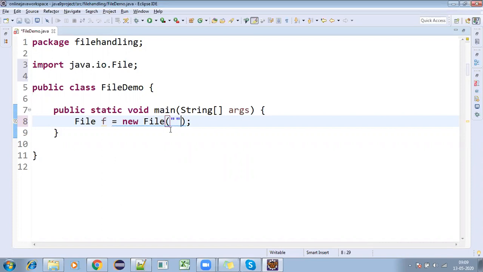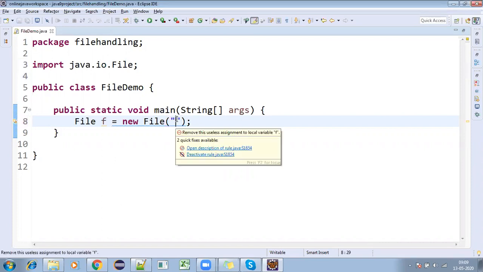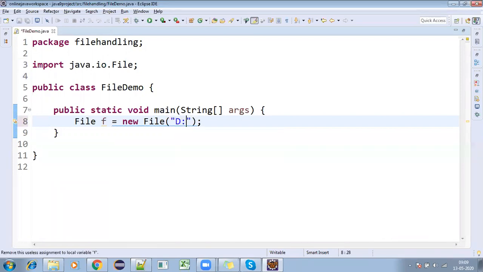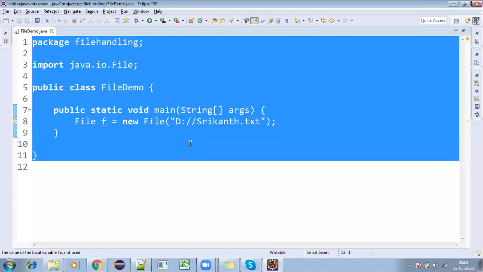So here you need to give the path. The path is d:/. In the D drive directly, I want to create a file. Now I'm giving Srikanth.txt as the file name.